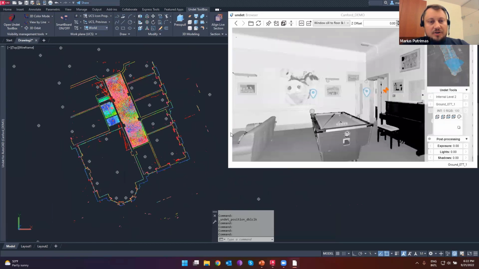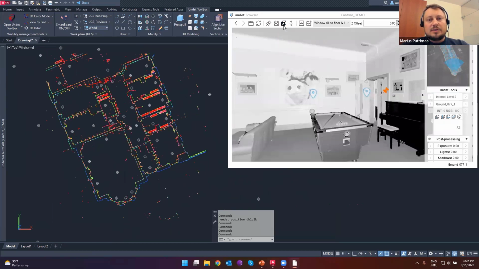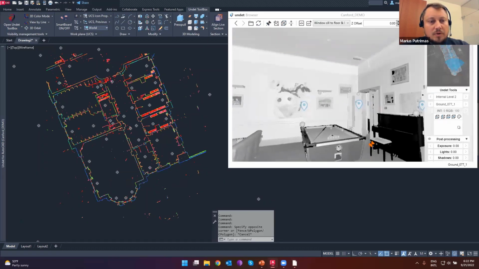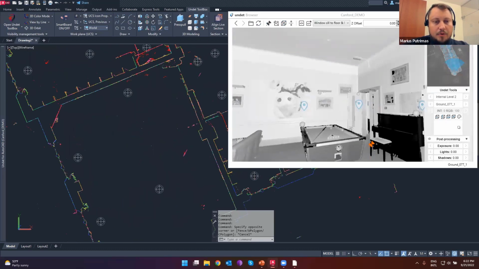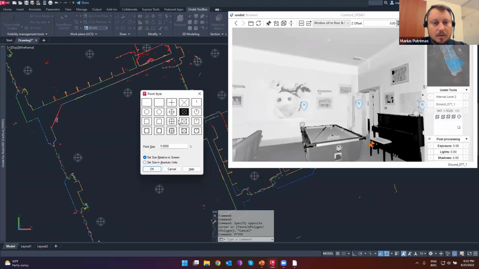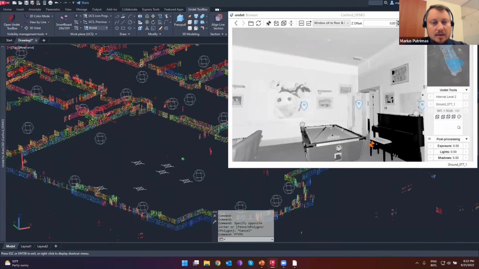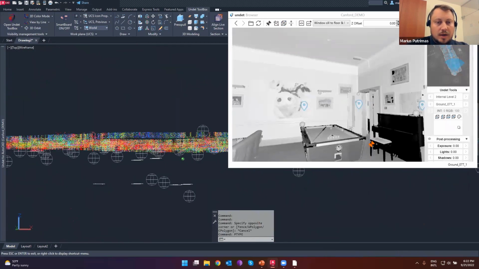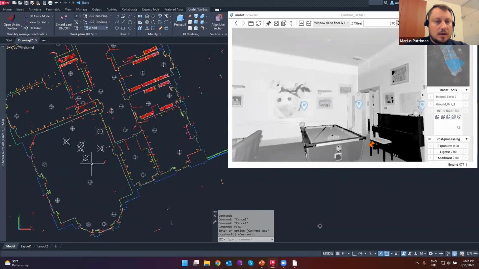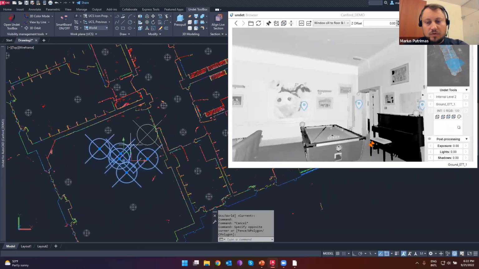Okay, so what other features you can use in Undet Browser? So translate with section feature is the most commonly used by all our customers. And also there's a feature draw points. So you can click on any area in the image, and I will edit point type. And as you can see, these points were sent to the AutoCAD model space. So there's a draw points feature,